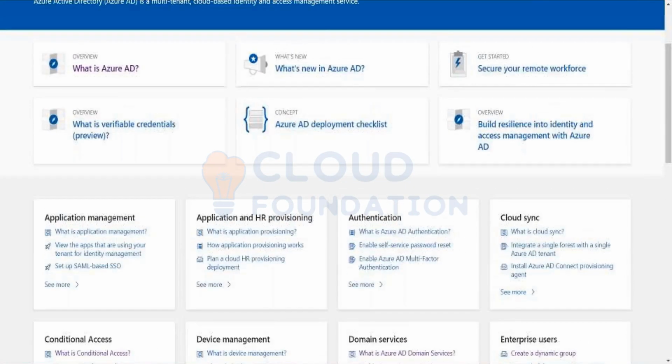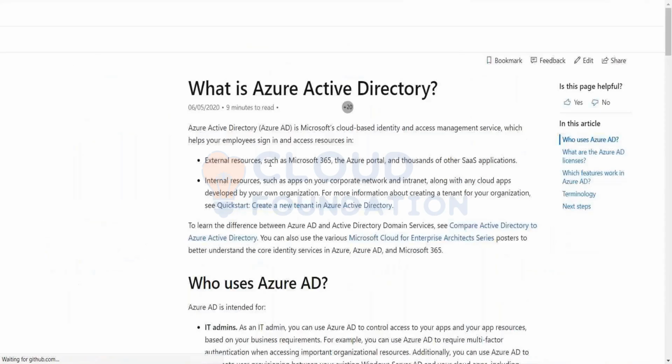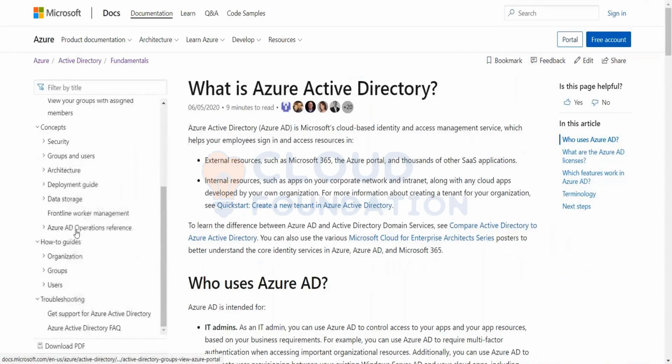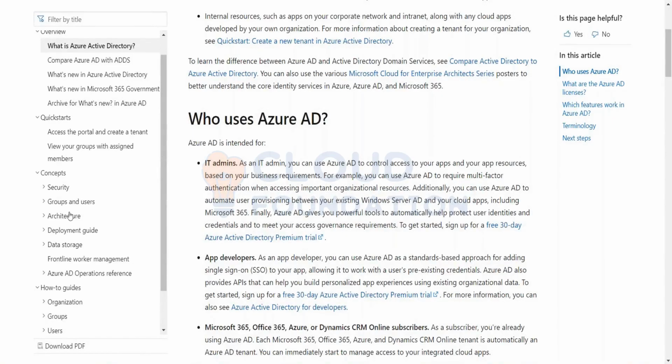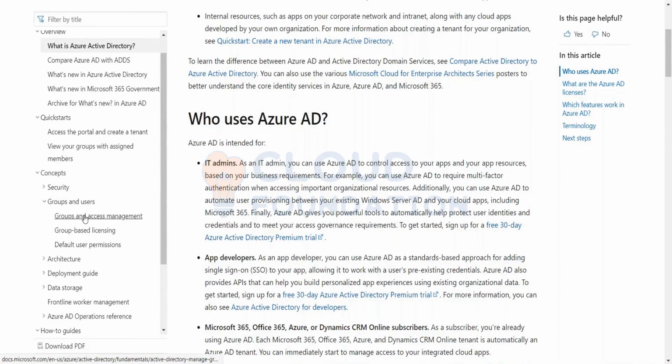Like I mentioned earlier, how to create and how to work with these members, they are available to you